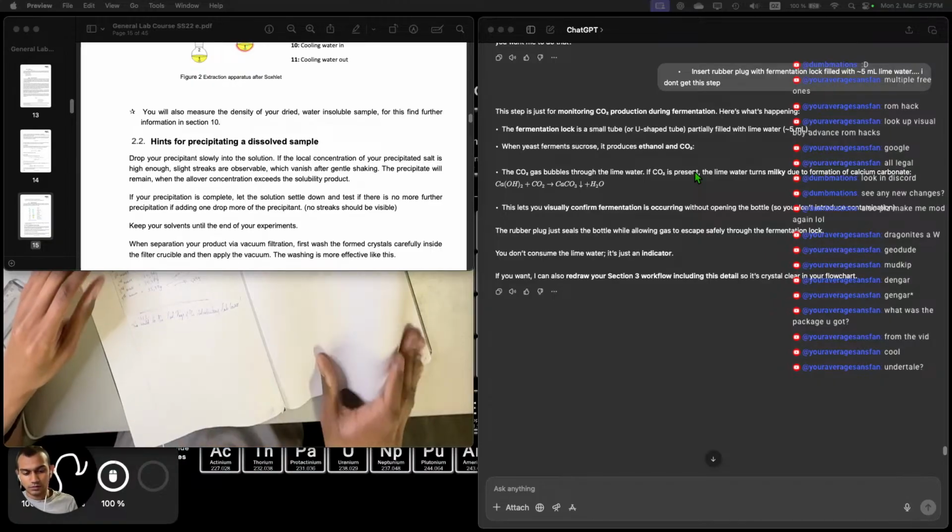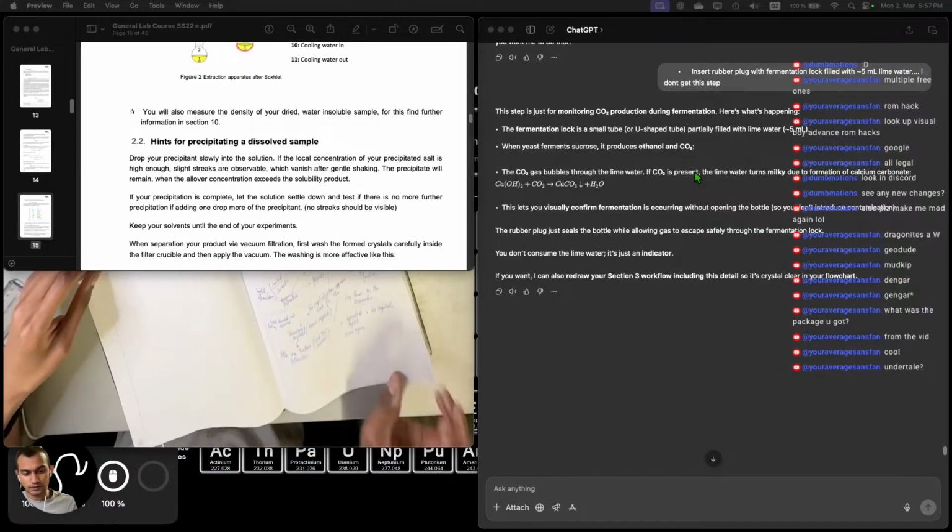So section 2, I wrote the basic stuff like the